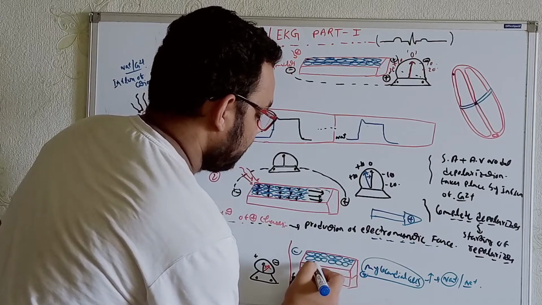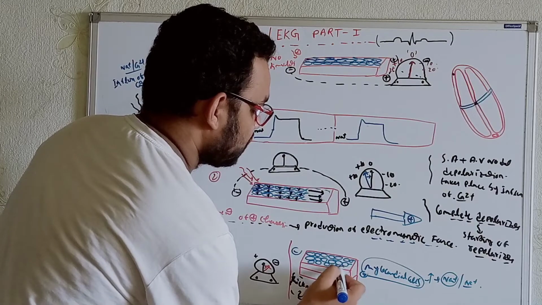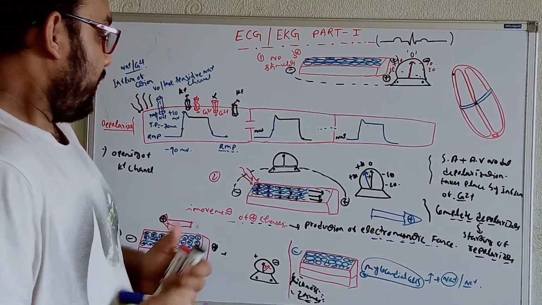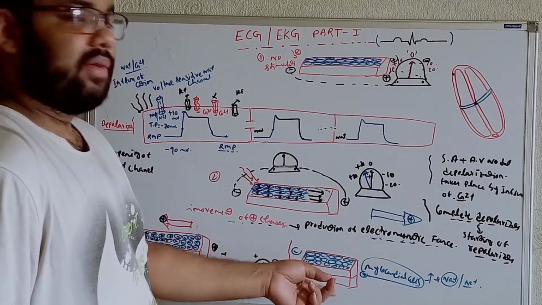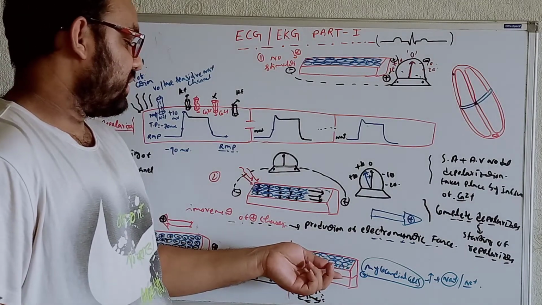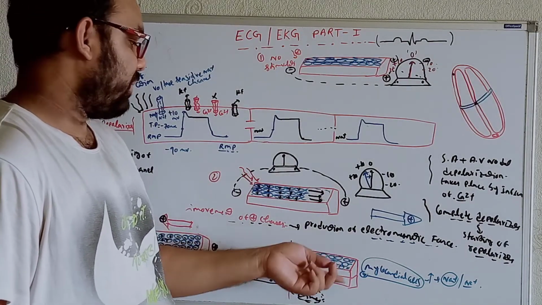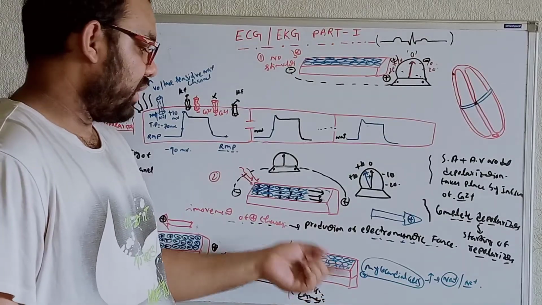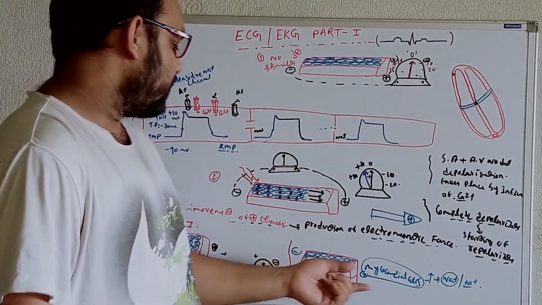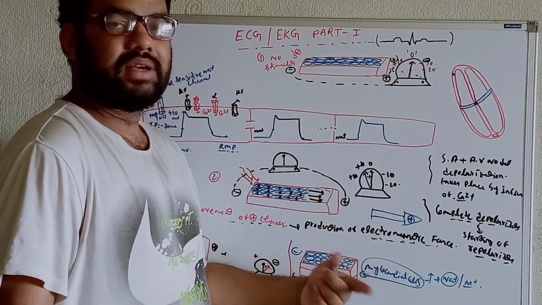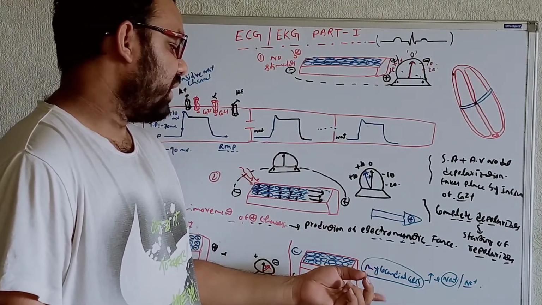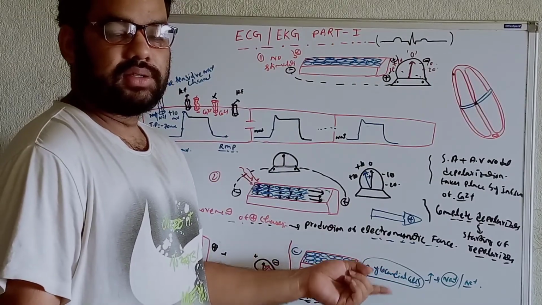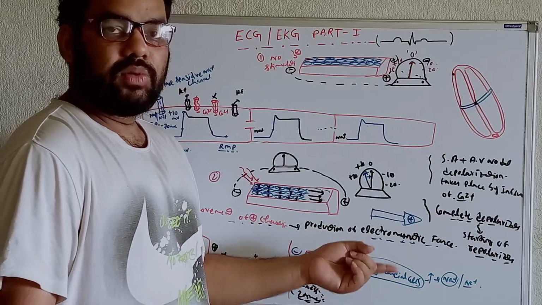So we can come to the conclusion that if we take the thickened myocardium, the number of cells will be more. Whenever the number of cells is more, more sodium will reach over here, and definitely more depolarization, so we'll get a stronger depolarization. Whenever we get a stronger depolarization, the length of the vector will also be increased. So in these cases we can write that the length of the vector is